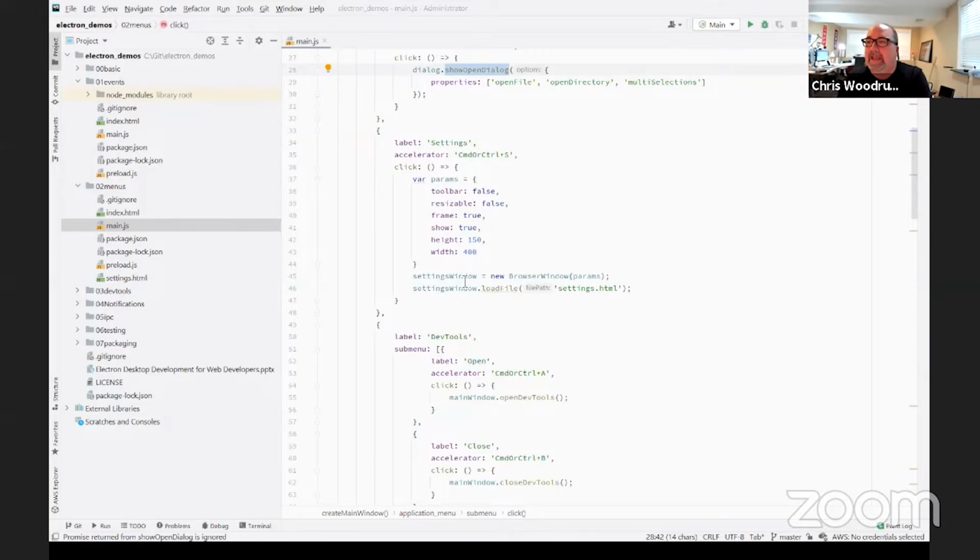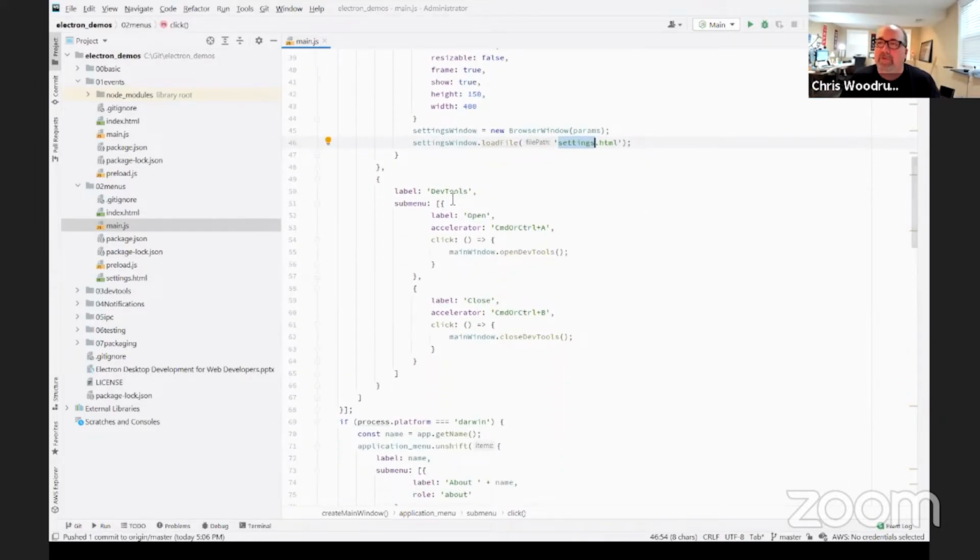Many things that you can do if you come from the Windows world of doing VB6, a lot of those same properties. And then I'm going to do a setting window, and remember, this is all in the main process. So I'm going to create another window based on the browser window with those parameters, and then I'm going to set whatever is inside that. So I just set it to settings.html, and it renders that new window, which again is a Chromeless browser, and it will show it, and I have two windows open at that point.